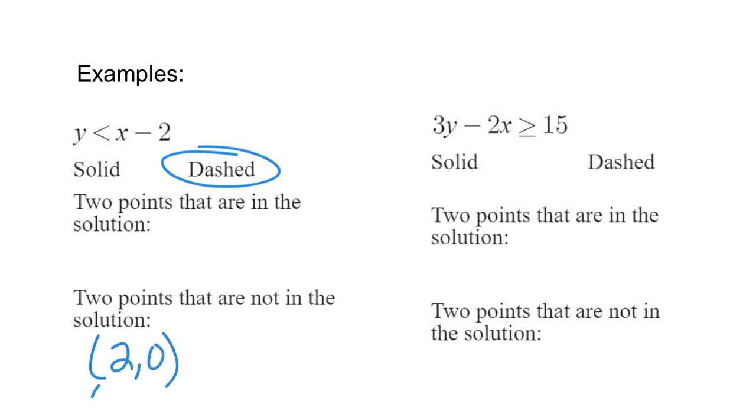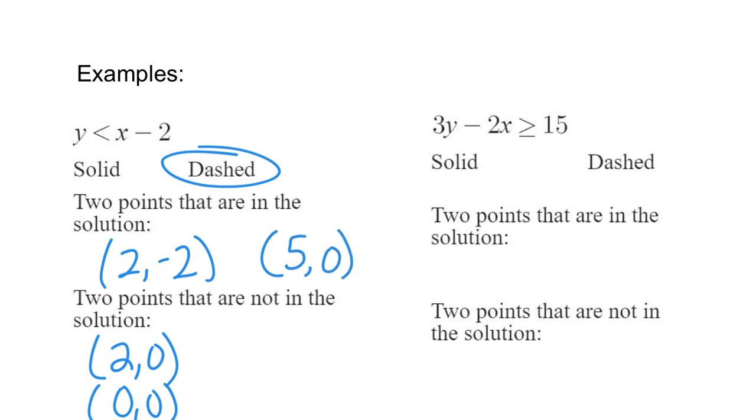2, 0, 0, 0. I know I did 2, negative 2. I don't remember what this one was. It might have been 5, 0, I think is what that was. If it wasn't 5, 0, works. So there's that. All right, so for the next one,